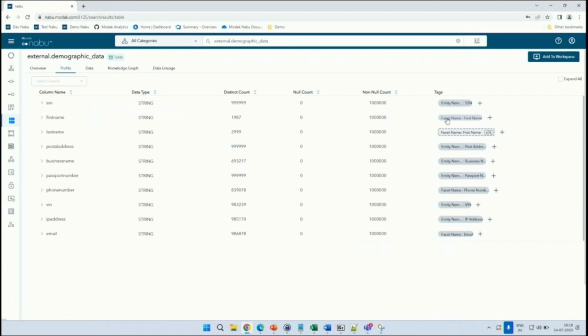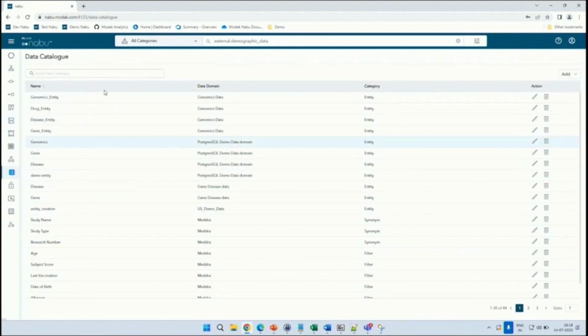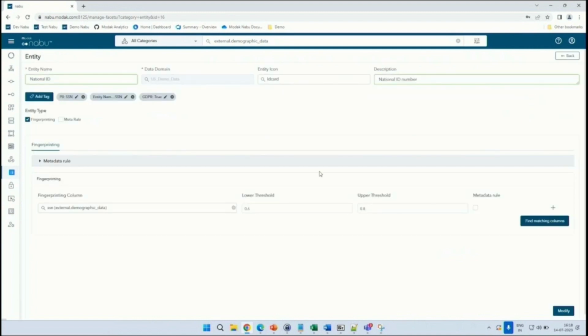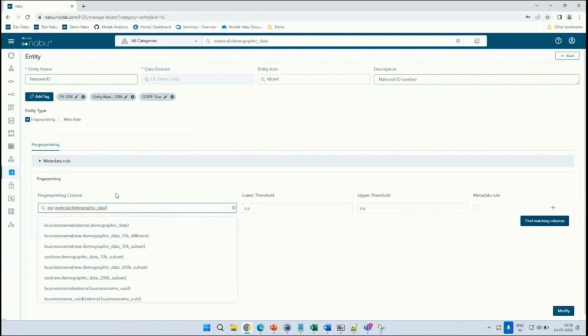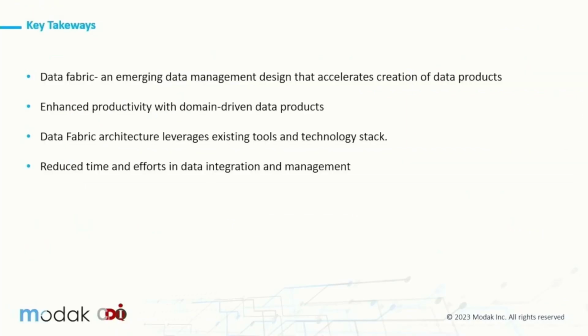For example, this could be used to identify sensitive data, PII data, and so on. These tags are propagated using the data catalog functionality in Nabu, where we create entities. For creation of these entities, users identify a column, which is referred to as a fingerprinting column, and provide